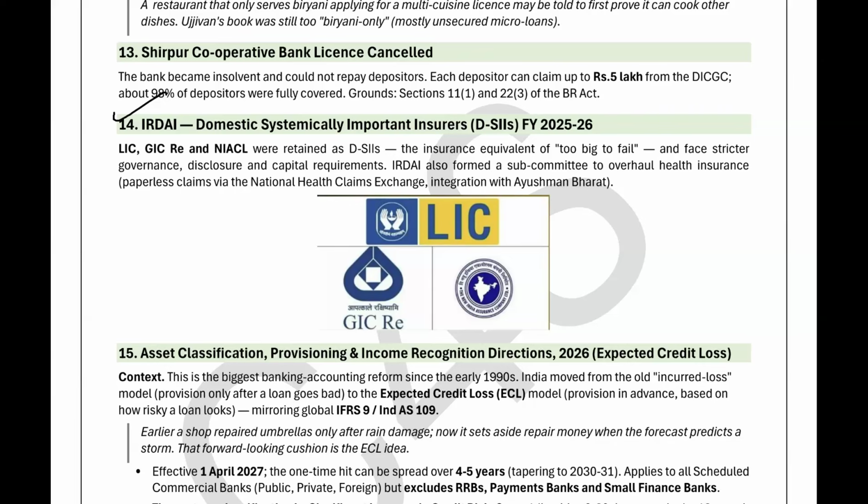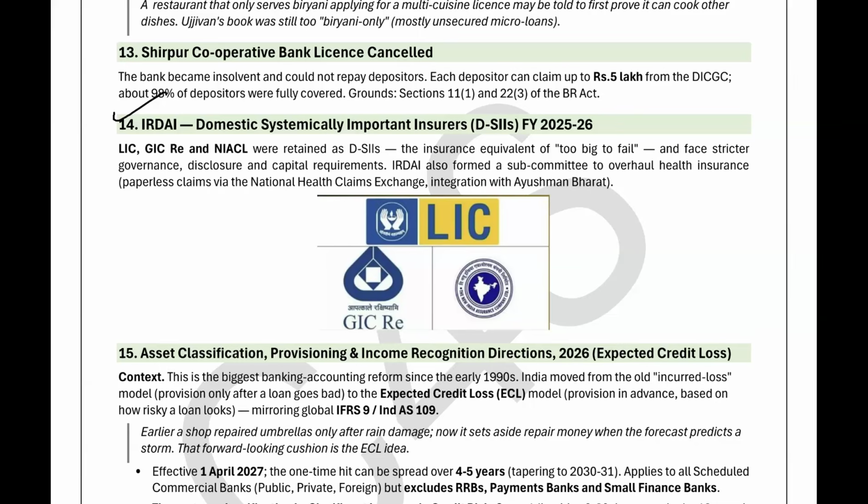Similarly, they have given three insurance companies. If they fail, there will be insurance delays and problems in insurance, it's too big to fail. That is LIC, GIC Re, and NIACL. So you should understand there is nothing much in this news. Okay, is it clear? Now,